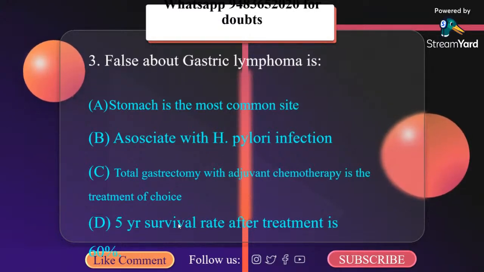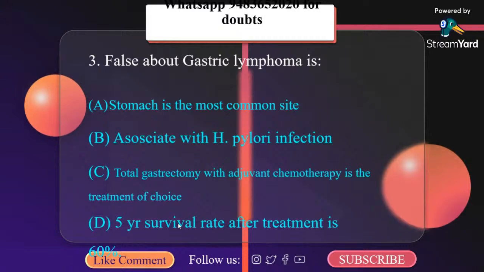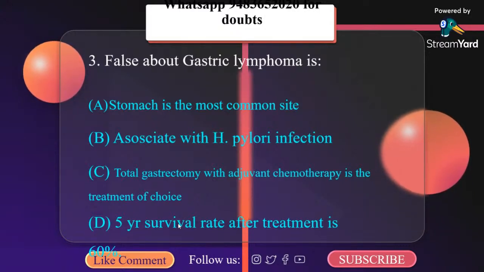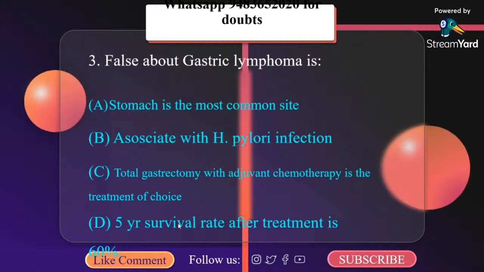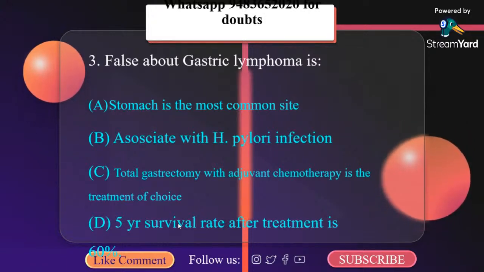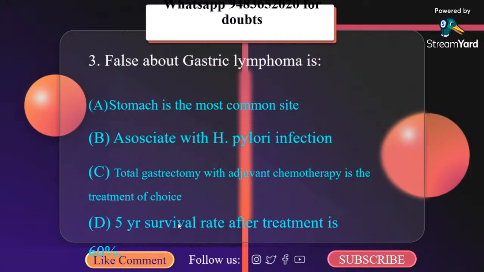Stomach is the most common extranodal site of lymphoma. It is of two types, primary lymphoma and secondary lymphoma. Primary gastric lymphoma is a lymphoma of the stomach which exhibits no evidence of liver, spleen, mediastinal node, or bone marrow involvement at the time of diagnosis. Regional lymph node involvement may be present.